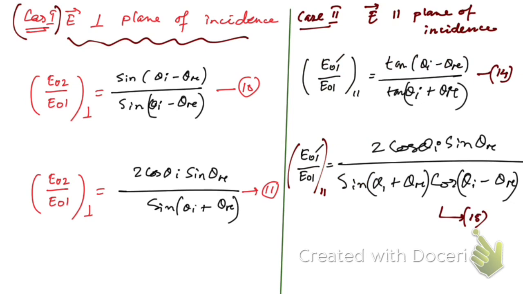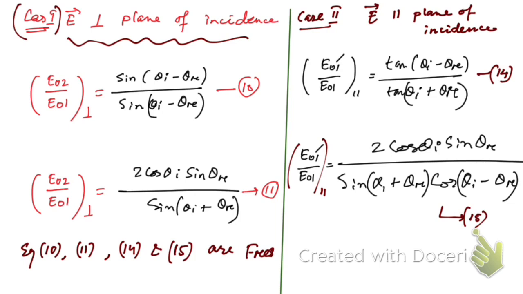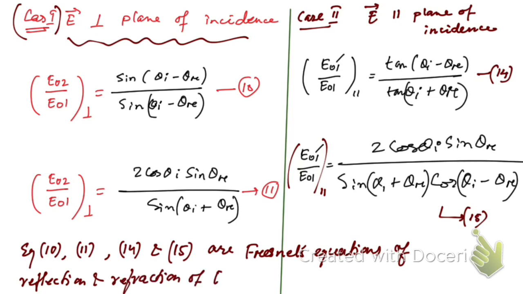So these are the equations here: equation number 10, 11, 14 and 15 are Fresnel's equations of reflection and refraction of EM wave for a dielectric medium